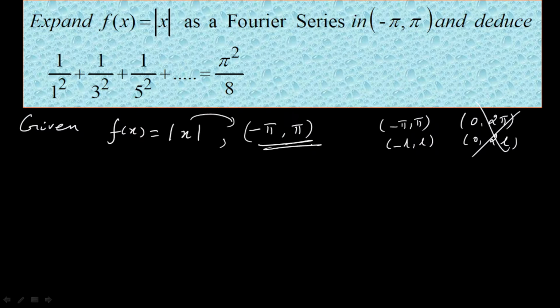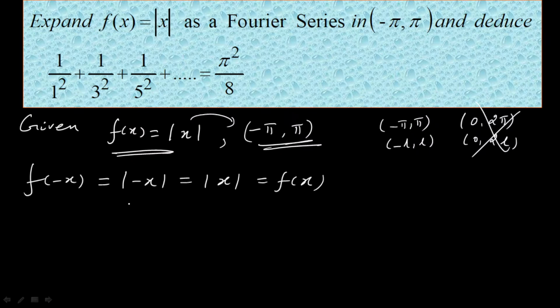So whenever you see the function is defined in the interval minus pi comma pi, immediately you can verify whether the given function is even or odd. For that, what do we do? You immediately replace x by minus x. What happens? If you replace x by minus x, absolute minus x or mod minus x is nothing but the function itself, isn't it? What is the absolute x? That is your f of x, which means f of minus x is equal to f of x. Therefore the given function f of x is